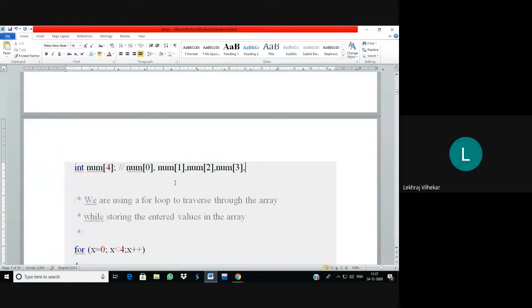We have to reduce the time, we have to increase the programming efficiency. So instead of writing this scanf statement 4 times, we are going to put this scanf statement inside a for loop, and with the help of that for loop, we execute the scanf statement 4 times, like we have seen with for loops.